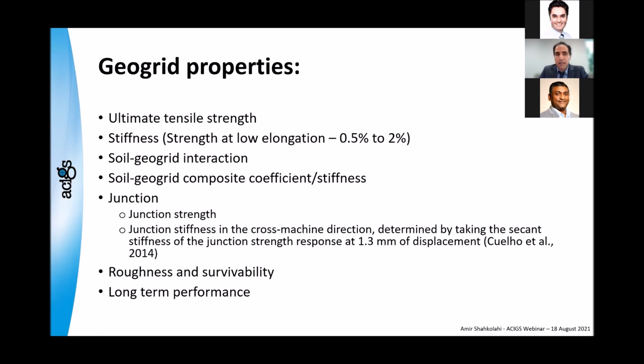It's just a list of the properties that are meant for geogrid. We are going through all of these because we don't know. But one of the main ones that can affect the modeling is covered only in this presentation because of time. This is the thing that can directly affect the performance.